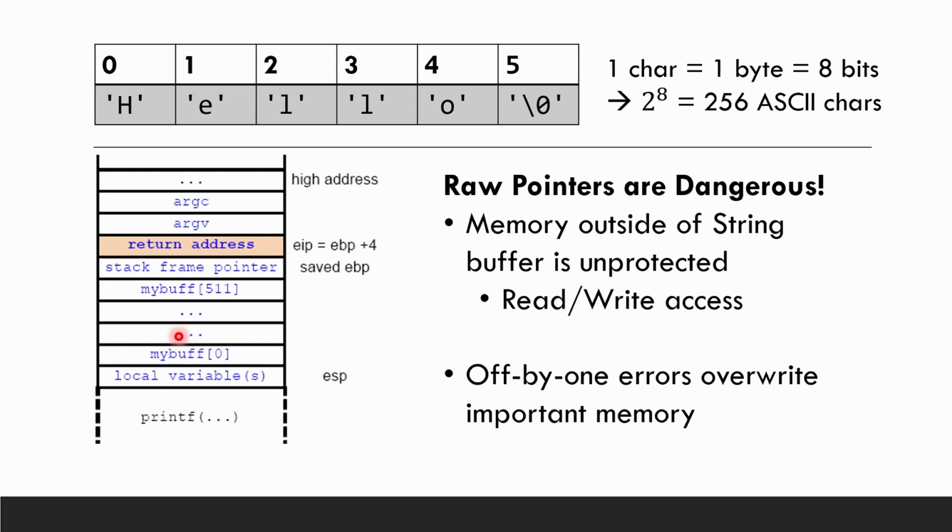For example, let's suppose this was our stack, and the myBuffer pointer, because we don't have references, we have pointers, was located here in the stack, and it had 512 bytes involved, so it went from this location at the bottom all the way up to this endpoint, where we would probably store the null terminator. Around this buffer, we see some other important things like the local variables, the stack frame pointer, the return address, and C is not going to prevent us from writing beyond our buffer